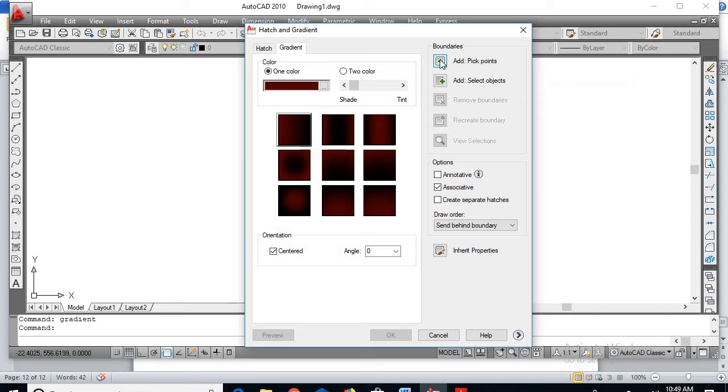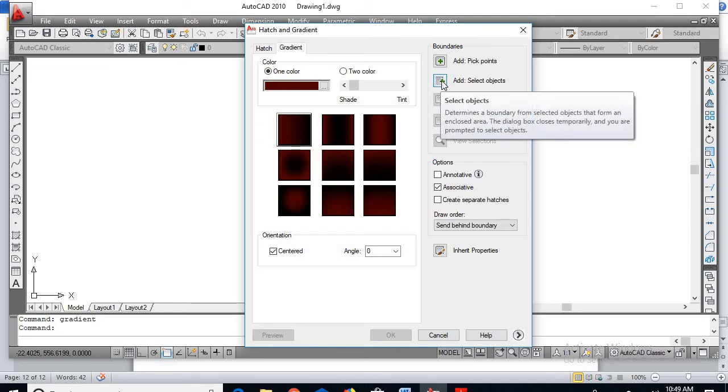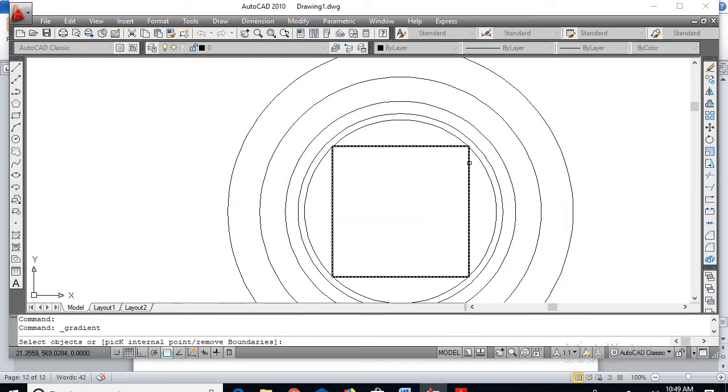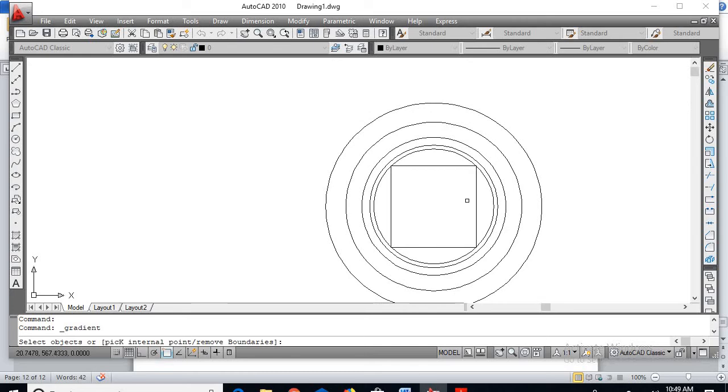Now go for add pick point. Here there are two options: one, we can go for add pick point; second, we can go for select object. I'll go for select object instead of add pick point. Now, where the hatch has to be considered, here the insulation comes into consideration.